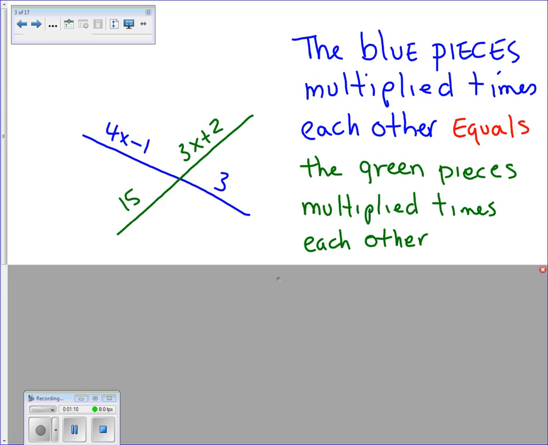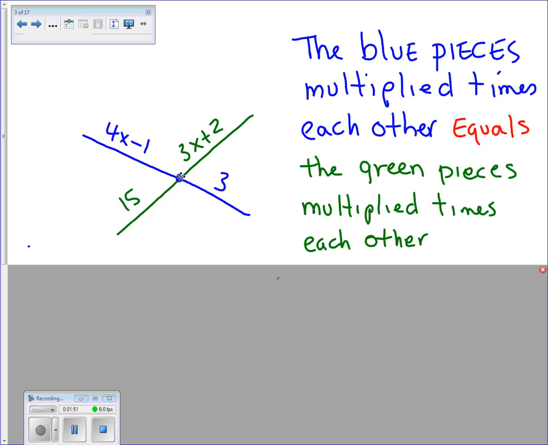Here are two segments, a green one and a blue one. They cross each other. When they cross each other, they intersect at this point right here. And it creates two blue segments and two green segments. Now we know from Unit 1 that we can add them together to get the longer segment and so on. What I want you to know is that these two particular segments have a relationship to each other. We could write an equation about them. So if you look over here on the right-hand side, you'll see that relationship. It's not always true. I'm just saying in this particular case right now, the blue pieces multiplied times each other equals the green pieces